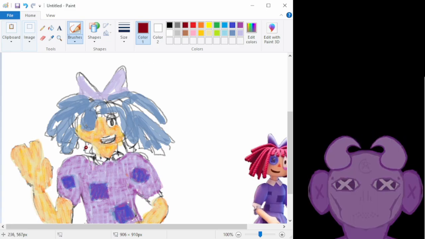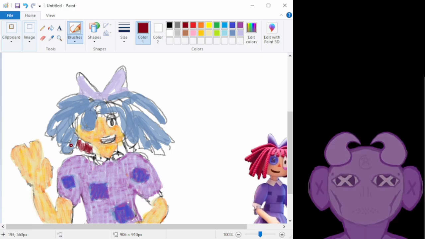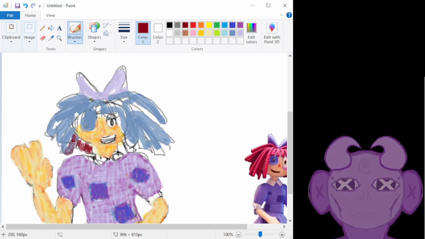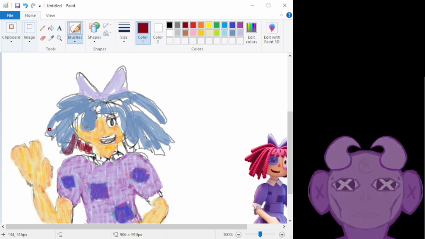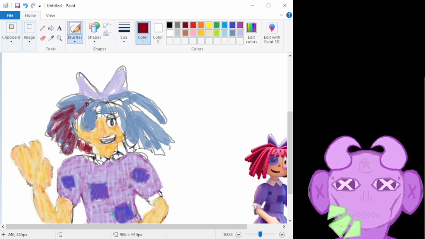So we're gonna do this. Use this burgundy, dark red. And then after we're done using this dark red on every single yarn hair strand,